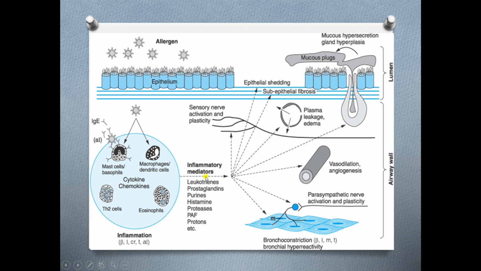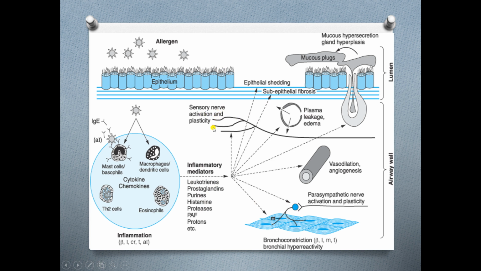But inflammatory mediators are leukotrienes, prostaglandins, purines, histamine, proteases, platelet activating factors and certain protons, and many more are there. But we are actually not going to see this inflammatory mediator in the bronchial tree. If a patient of asthma comes to you, you are not going to look into the airway for the mediators, but you will be looking for the consequences of this inflammatory mediator, which include epithelial shedding,